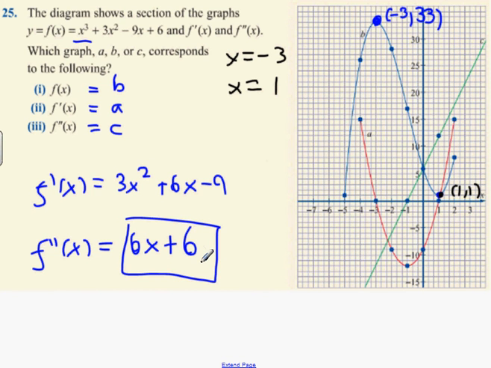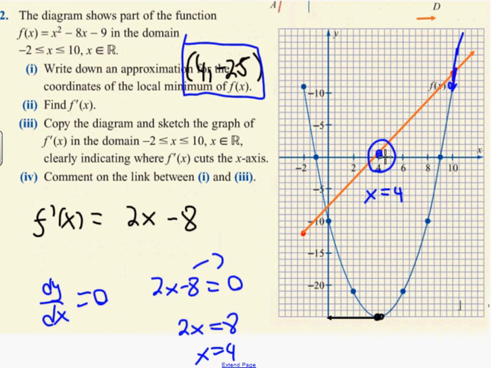Remember what we used to do? Do dy/dx equals 0. Put that equal to 0 and solve it. I can tell you right away what we're going to get. It's where the red line hits the x-axis, at minus 3 and 1. Where the first derivative crosses the x-axis will always be directly underneath or directly above the turning points. Remember your last question, for instance. In your last question, where it hits the x-axis is always directly below or above the turning point in question. Okay? You guys are to do